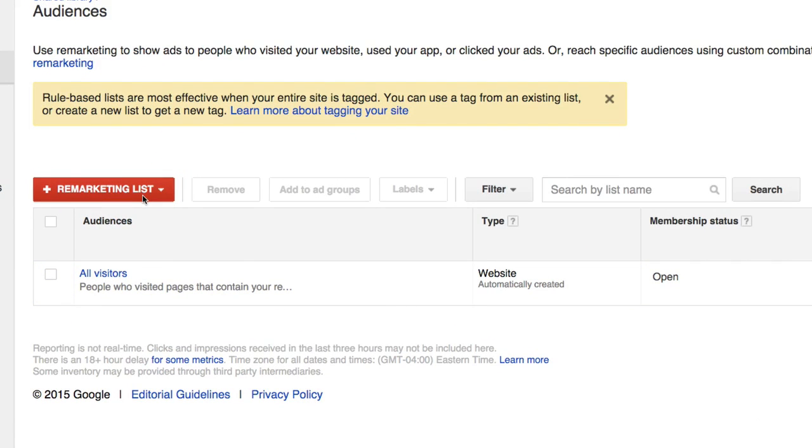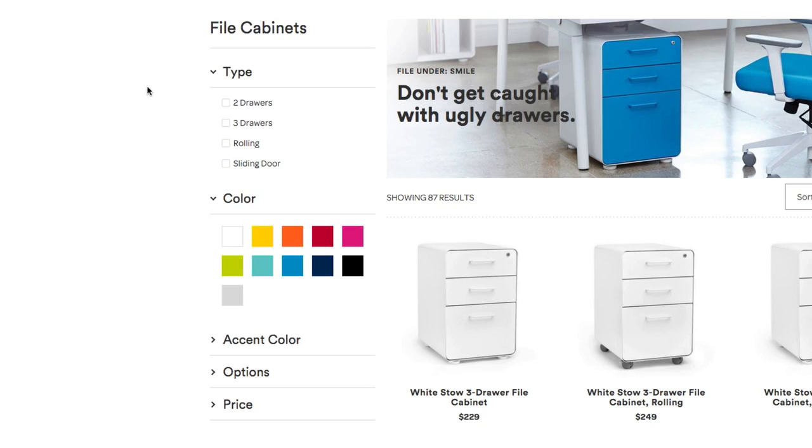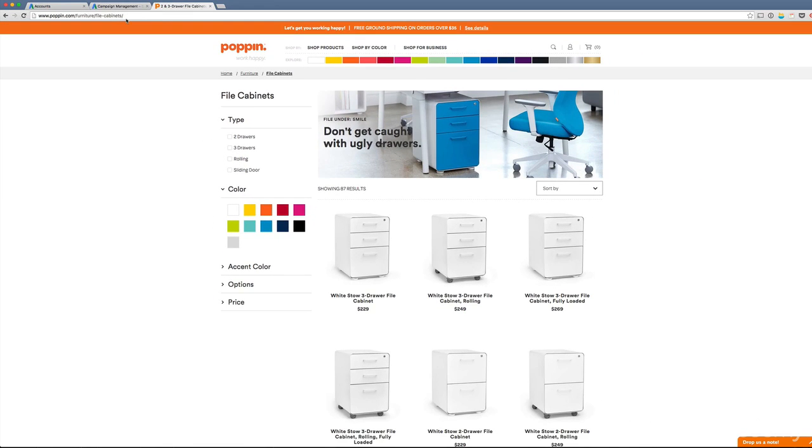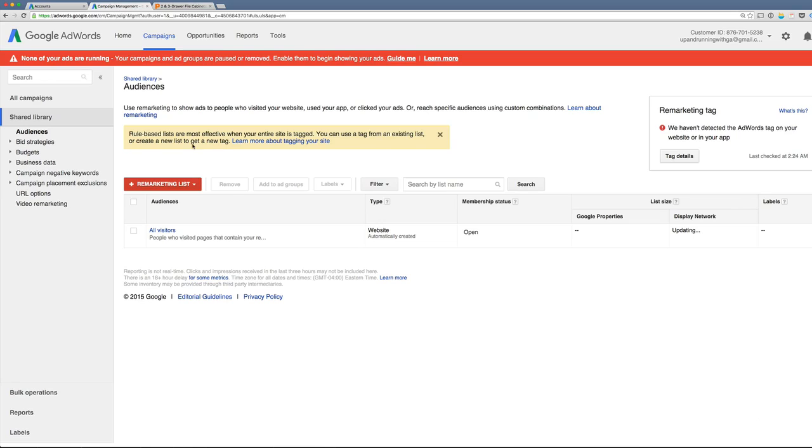But let's say we want to create a little bit more thoughtful of a remarketing list. Let's say we want to track people who came to the file cabinets page, because, for example, Poppin is pushing their file cabinets very aggressively because they have high margins on them. They're high quality products and they have a very low return rate. I'm just making all that up, but let's say that's the scenario. So I'll copy this page,